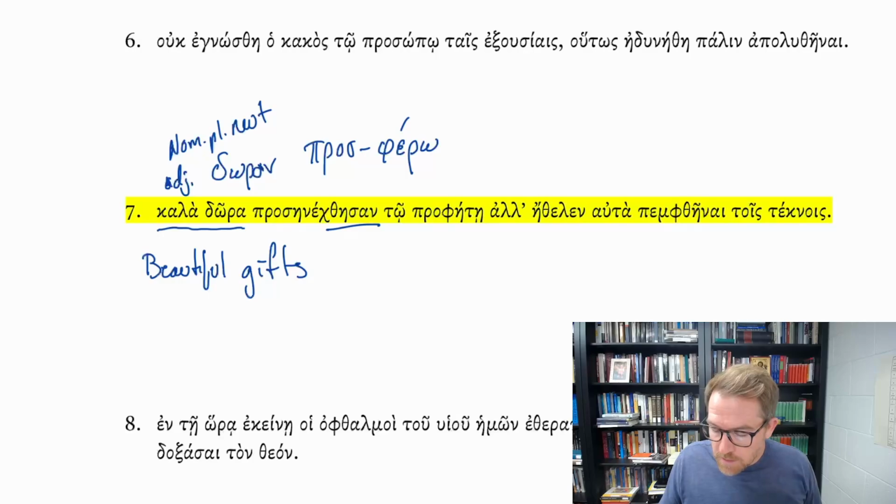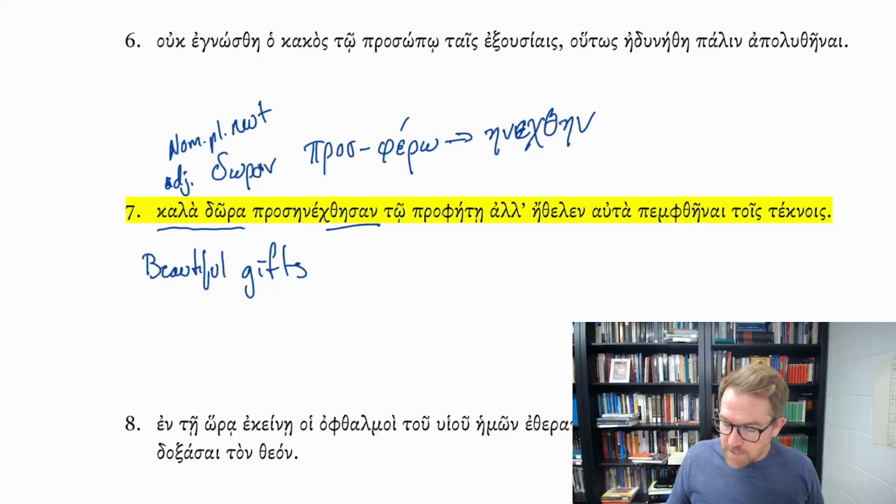And in the second aorist passive it becomes enekthesan, they were brought. So we'll say were brought, because it's that aorist passive. Beautiful gifts were brought to the prophet, to the prophet,